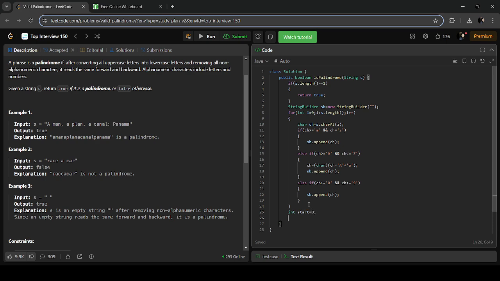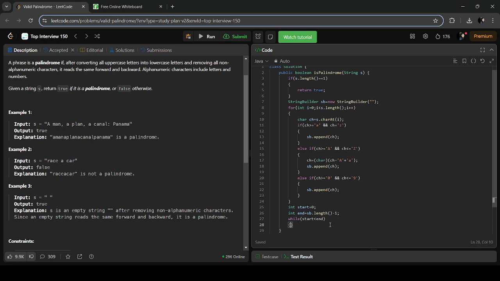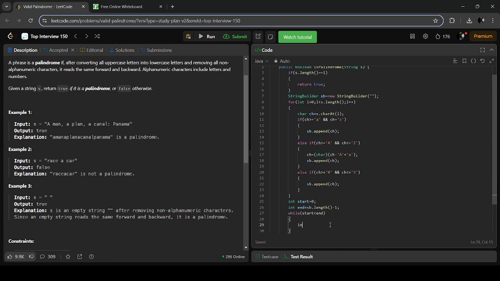Start as 0, end as your sb dot length minus 1. Now we will take a while loop. Sorry, I made it capital. Start less than end. Now we will take out the character.